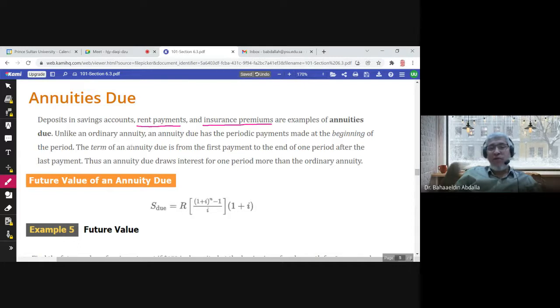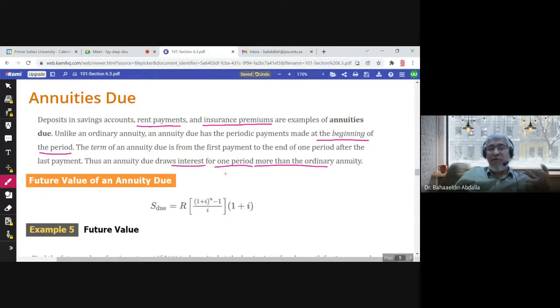So, annuities due we pay at the beginning of the period. We make the payments at the beginning of the period, not at the end. And this means that one period will have more interest. Okay, an annuity due draws interest for one period more than the ordinary annuity, because you pay at